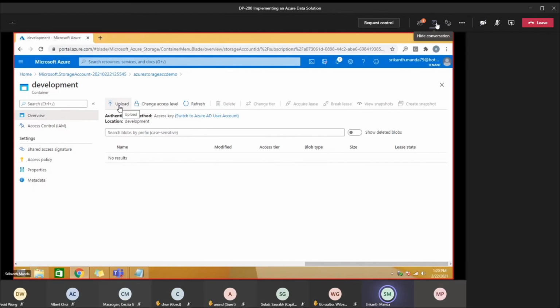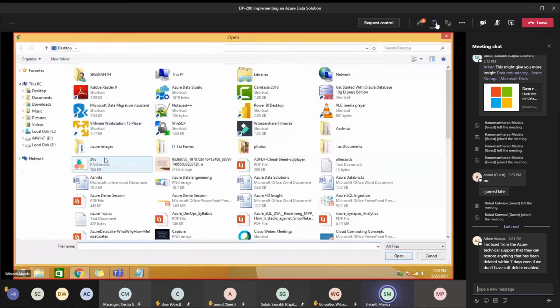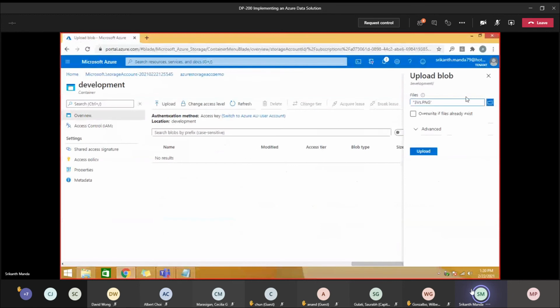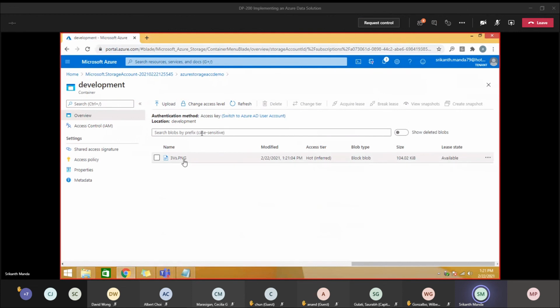But here the customer says ad hoc, you want to do, so I'll just go. I'll copy some files from here. So I'll take some images. Let me take some images. They have told some images. So there is something, just leave access tier. I'm uploading here. I uploaded an image here, right? Some image. So now,